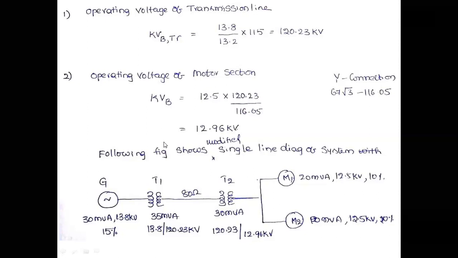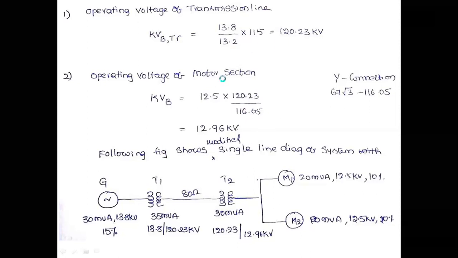Now for this particular single line diagram, we are going to determine the per unit impedances of each and every component. Whenever the ratings of the primary and secondary are equal, then only you need to determine the per unit values. Up to that, it is not possible to determine the per unit values for the entire section. So first of all, we need to do the conversions. Later we are going to redraw the original system by considering the new values, that means the ratings obtained by considering the new base values, right?